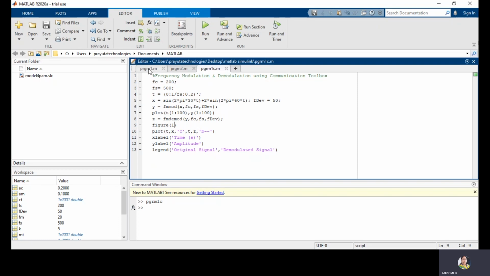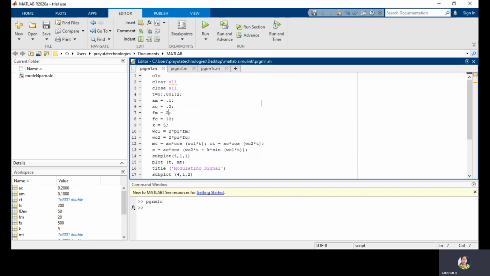So up to now we observed frequency modulation using the basic equations and using the predefined commands, by using these two programs. Next I am going to observe DSBSC. I want to show the DSBSC waveform, how we can generate the DSBSC. You already know that the DSBSC signal is one type of AM and it can be generated by multiplying the message signal and carrier signal. Just like the previous program, all the things are the same.